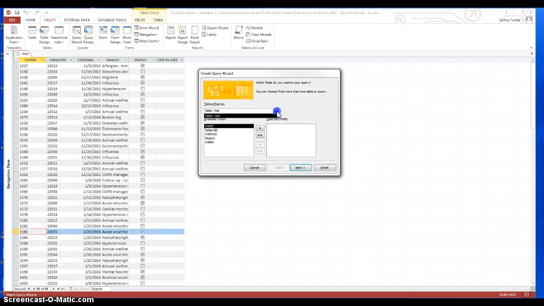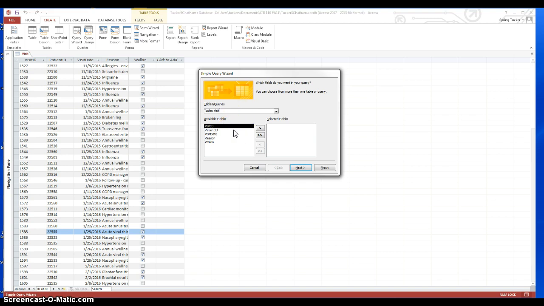Visit. You'll notice a drop-down list here. It would list all the other tables and queries that I would have in my database at this time, but visit is the only one, so that's all I see listed there. But notice that not only does it tell me the name of my object, it tells me what type. So if this was a query, it would say query, colon, and then the name of what that query is. Now in your textbook,